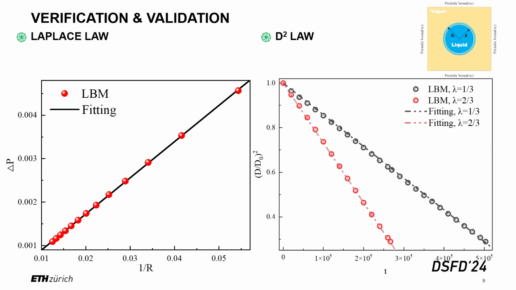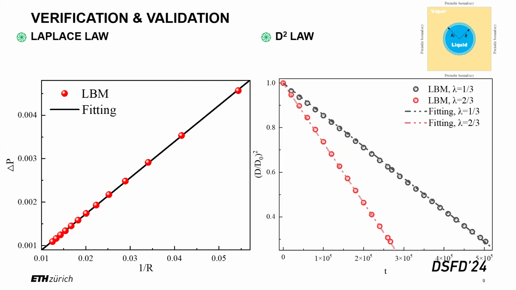The next section is the verification and the validations. Firstly, we verify the Laplace law and the D2 law. The computational setup is in this figure. All the boundaries are periodic, and the droplet is set in the center of the domain. For the first figure, you can find the temperature difference increases nearly with the dissipation of the radius. And for the second one, the ratio of diameters